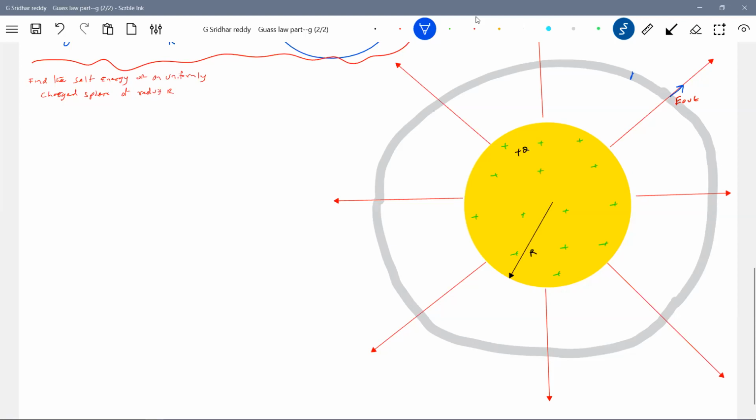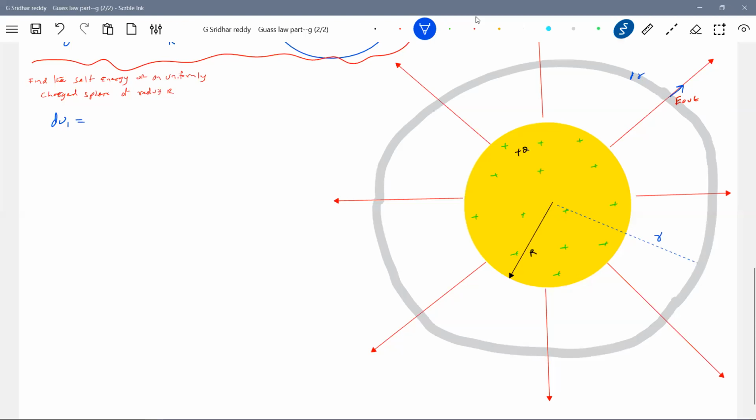At additions of thickness dr, and where the radius will be small r. So again the same method. So what is the energy present outside? dU1, I'll write it. Let it be equal to